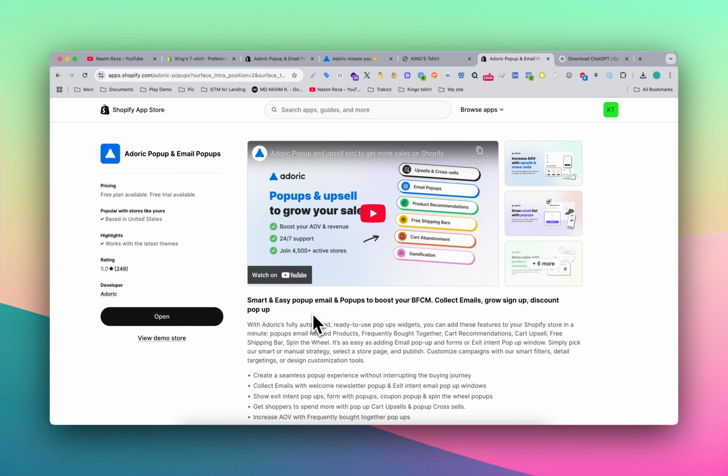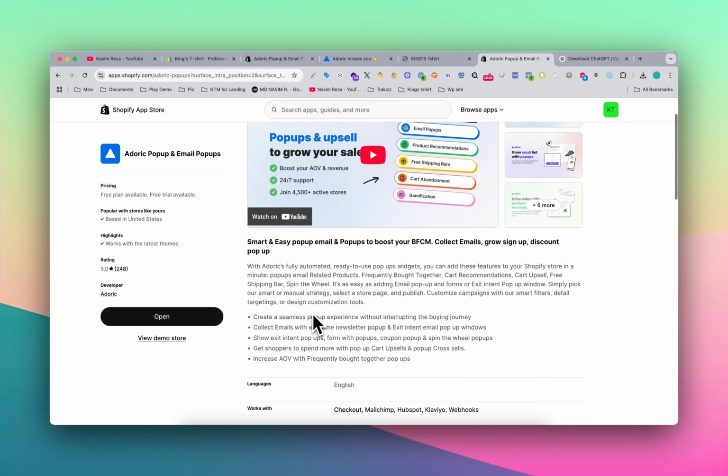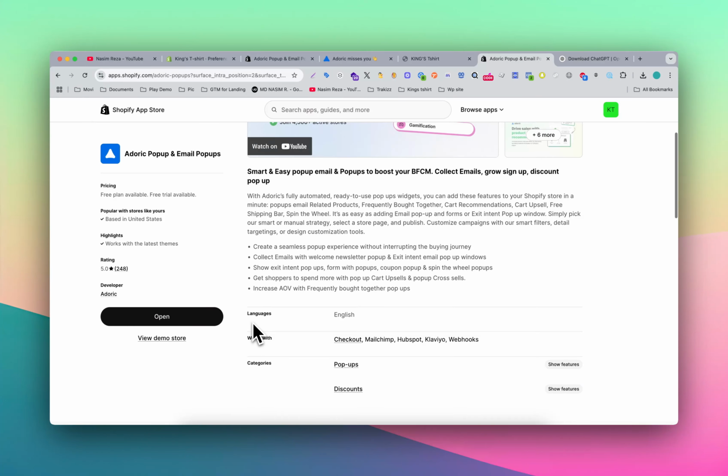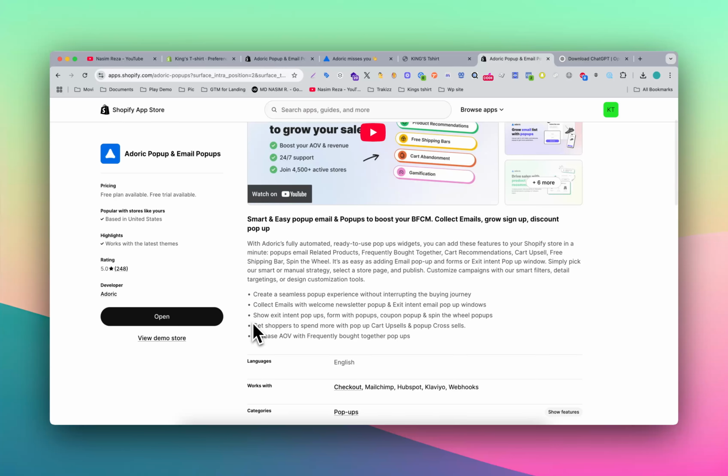It's new if you are watching this for the first time. This is a very powerful pop-up and email opt-in tool built especially for Shopify. It helps you to capture leads, reduce cart abandonment, and promote a special offer, all without writing a single line of code. Okay, so you can easily design pop-ups using